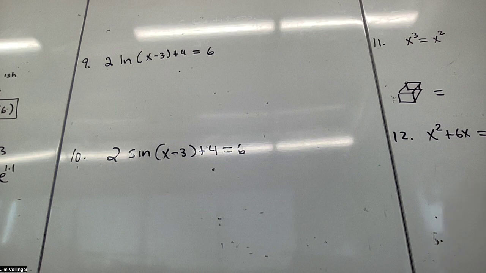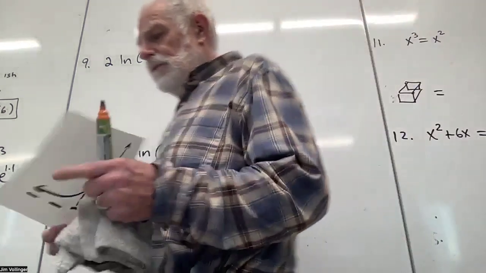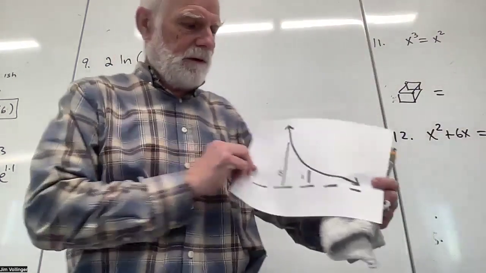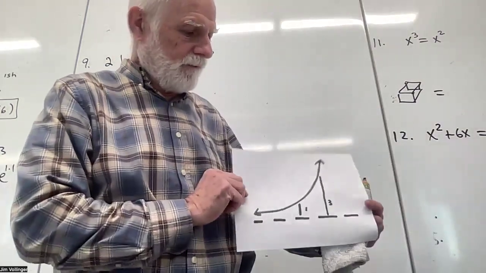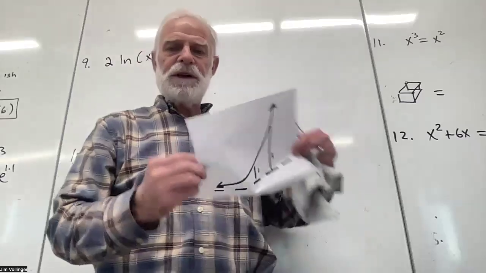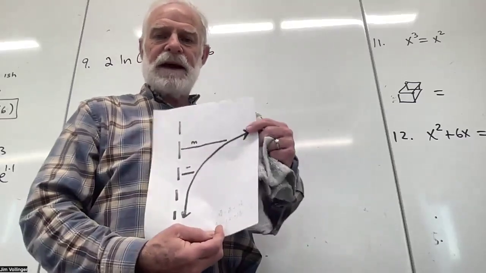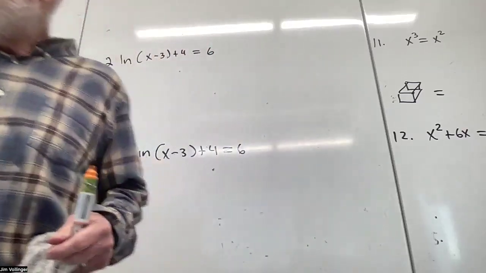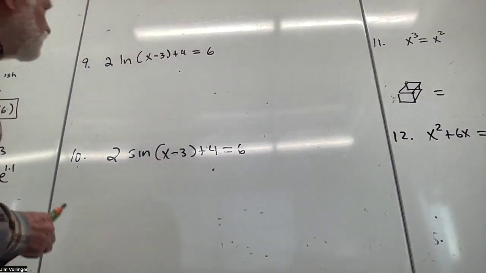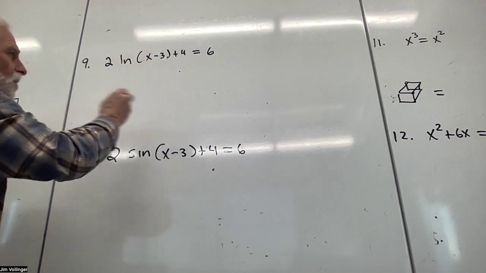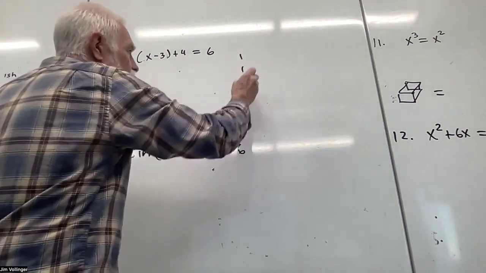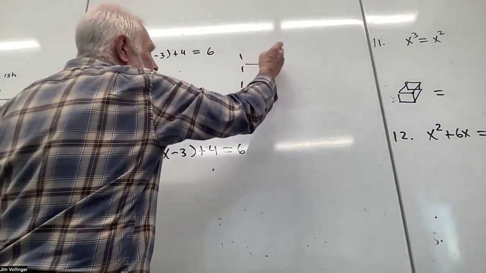Here we go. So you're looking at exponential growth, I believe. No, that's decay. You're looking at exponential growth from this perspective. If I switch the x's and the y's, that's the kind of graph I get. Now, I learned something from a previous video. There is no multiplier here. There is no multiplier. So I've got a graph that's going to have 1 and E